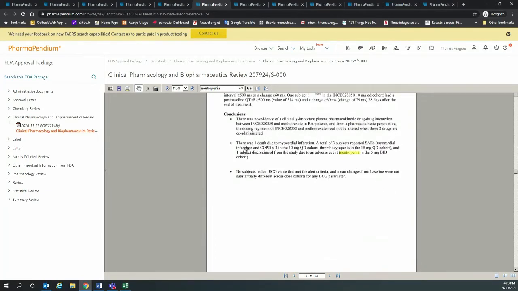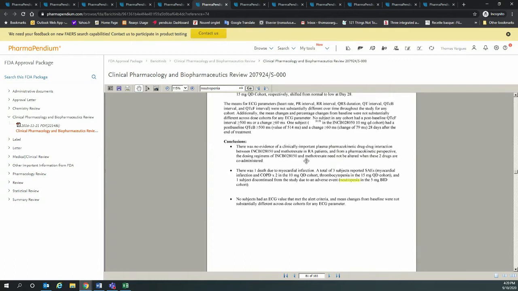I see here that one subject discontinued from the study due to an adverse event, neutropenia, in the 5 milligram twice a day cohort. Interesting. So now you have maybe an insight on the strategy of why and how they had to remove these patients. And interestingly, when I went to the label for neutropenia,